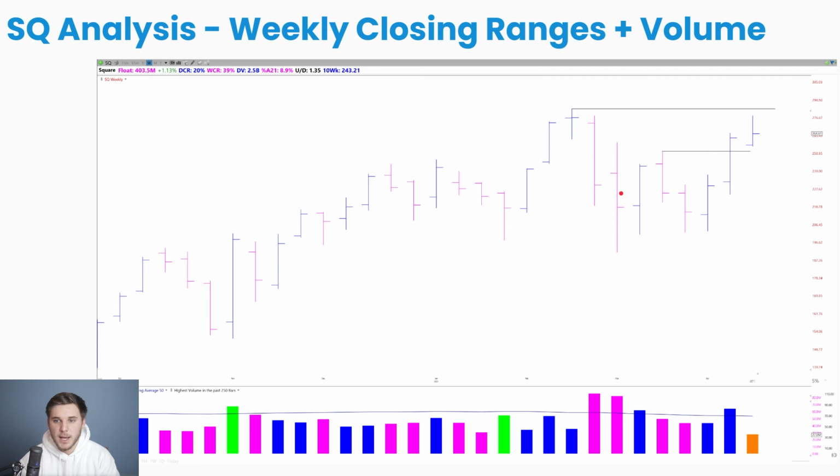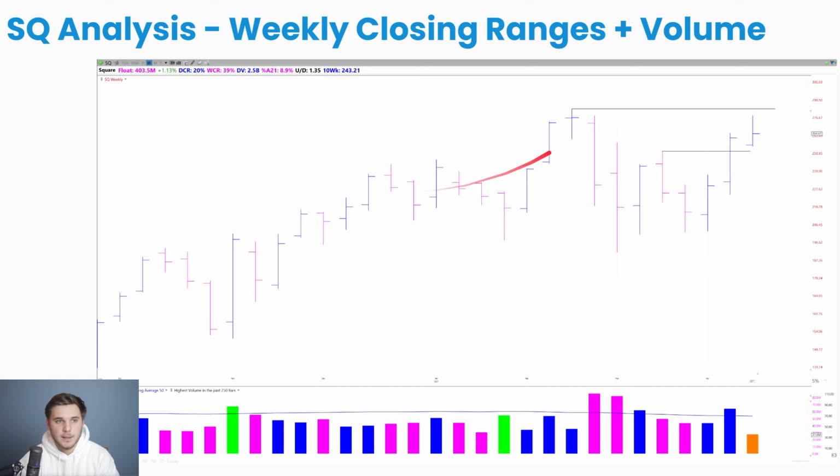And moving on, we've got a more recent example in SQ. And once again, I want to point out the strong closing range on this week right here. Even though it was a down week, it finished well off the lows. Then we have a nice inside week on lower volume, a move up and down on lower volume again, 2 consolidation weeks, and then a strong move up through this pivot on high volume. And then a subtle kind of follow through here this week so far. Potentially it forms out a handle, maybe an inside week next week, but then potentially it could challenge the standard